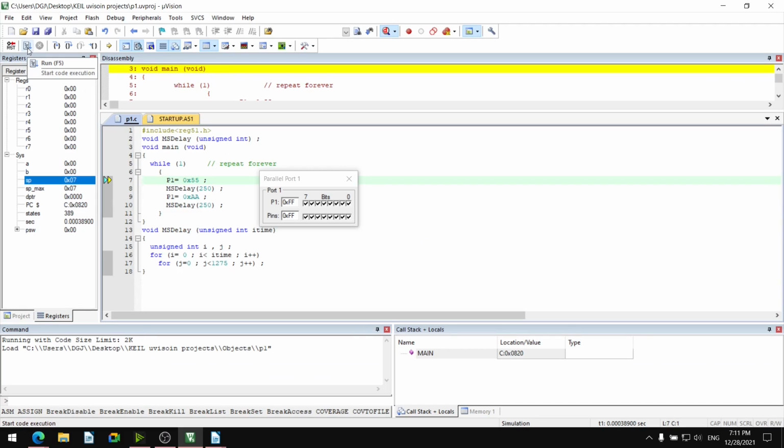So P1 is appearing. It is already selected. I will start run. And we observe the 250 millisecond delay. Okay. There is no unknown delay now. It is 250 millisecond delay.